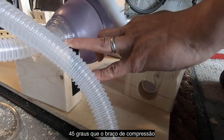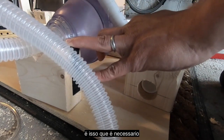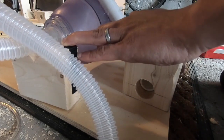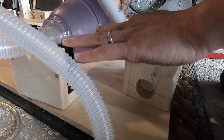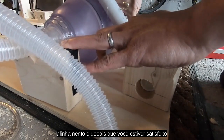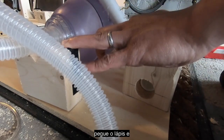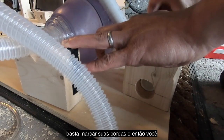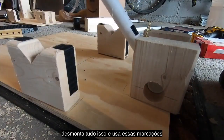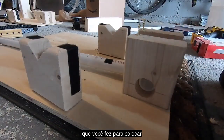You want your compression arm hitting roughly the center of your bag. That's going to give you the best spring back and the best compression, the best bang for your compression buck. And so you massage these around until things are looking good. Check your alignment. And then once you're happy with the way things are, take your carpenter's pencil and just mark off your edges. And then you can take this all apart